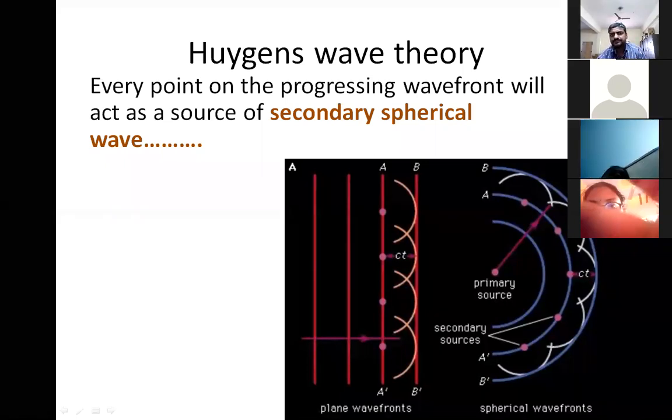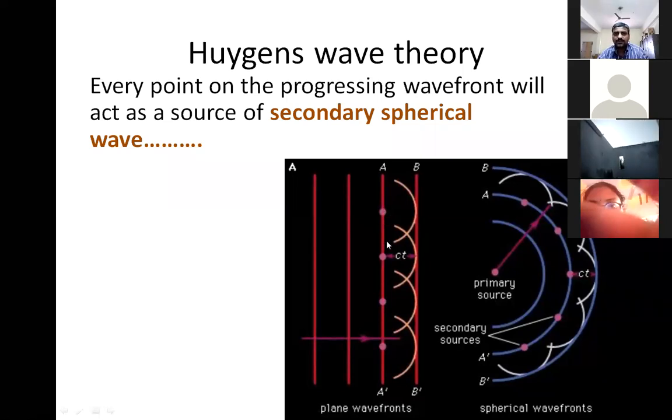Please try to understand. So at this point shown below A, I have to draw a circle in the forward direction with radius ct. What is c? c is the speed of light and t is the time interval to travel from here to there. With the ct radius, you know, distance equals velocity into time. I hope you remember the kinematics formula, right? So as it is a spherical wave, it is going to travel a distance ct. That is the circular arc shown over here.